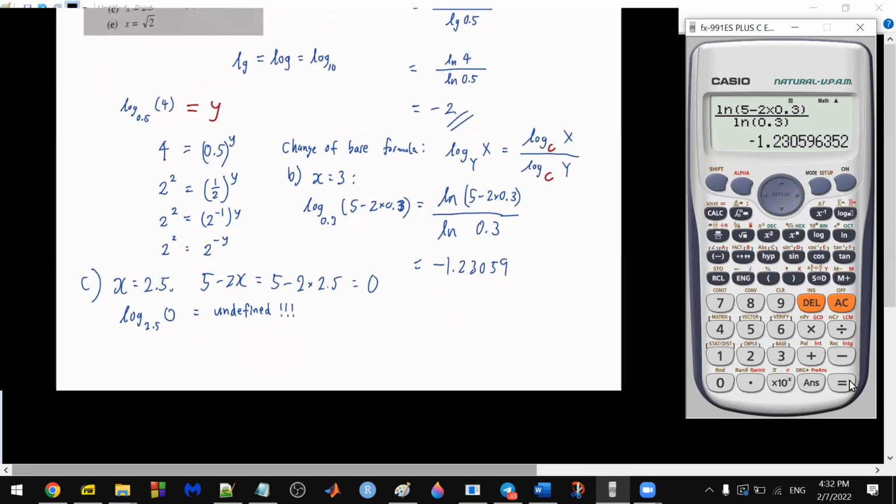Undefined. Okay. If you use the formula, what you will get will be ln 0 over ln 2.5. If you try to key ln 0 into a calculator, let's see what happens. ln 0. Math error. Did you see that? Okay. Why is that the case? Because